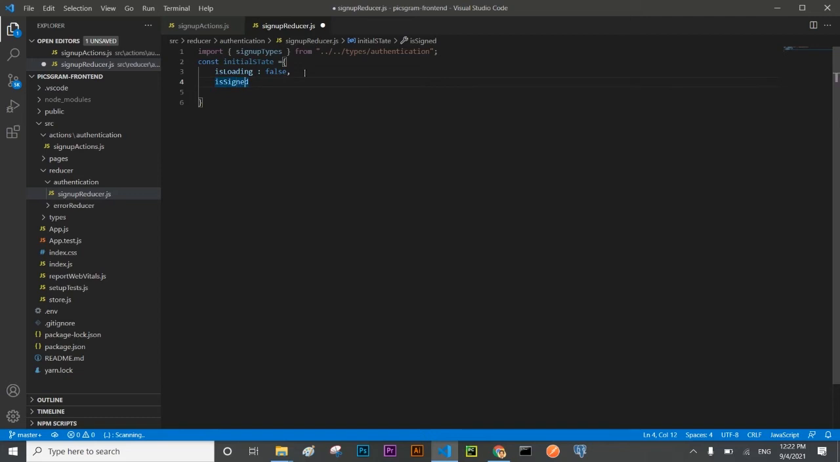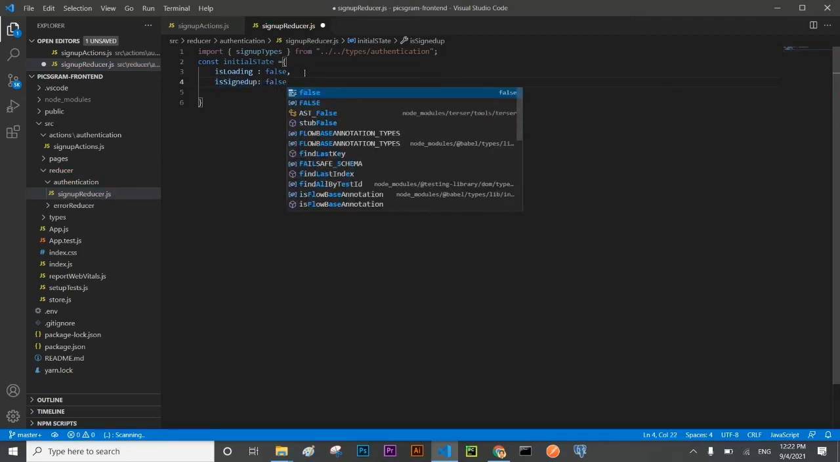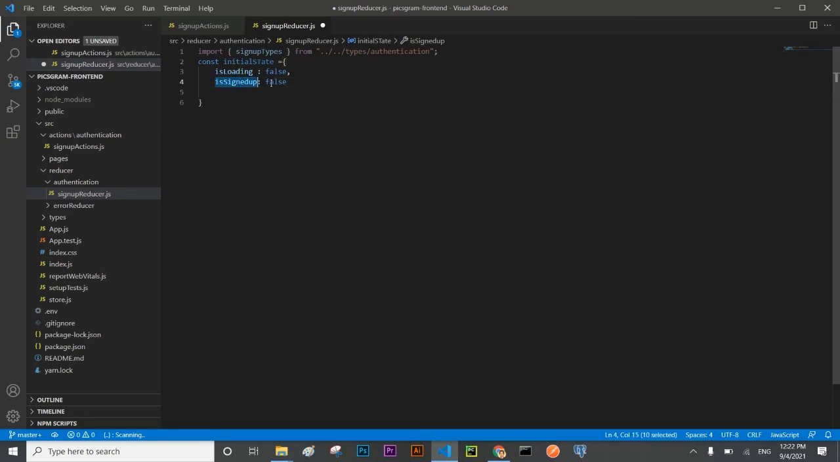I want to check whether the user has successfully been signed up or not. So this state will check that. Defining the initial state, now sign up reducer will be defined and exported. Export constant sign up